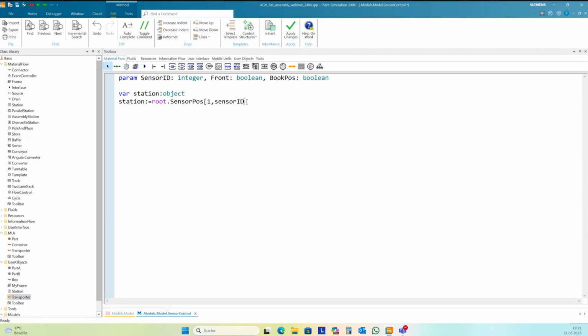This is my connection of the sensor number and the station behind it. And then I stop the transporter.